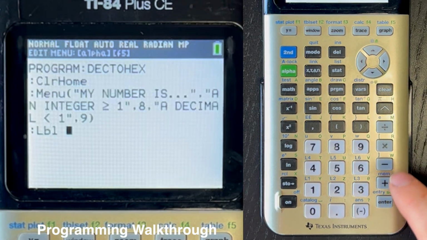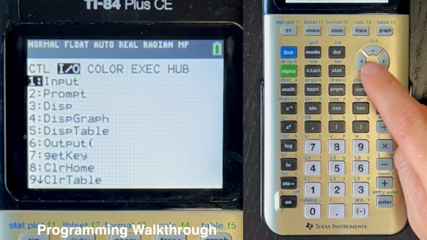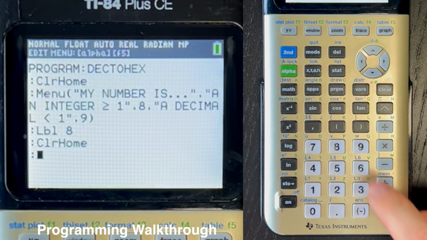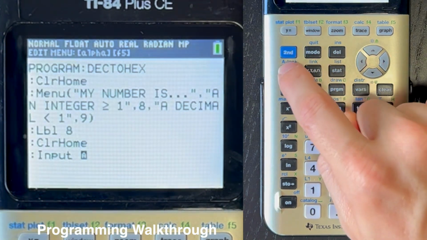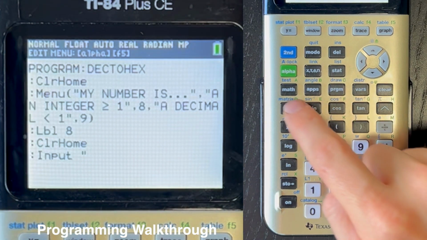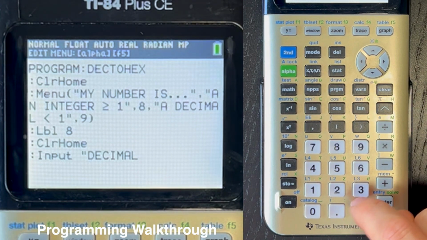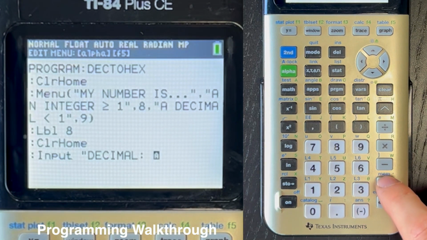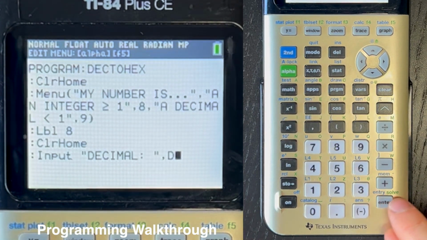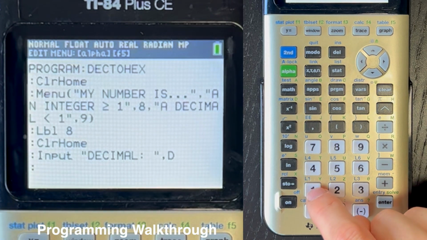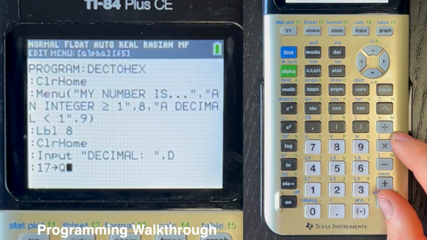and scroll down to label, hit enter, and this is label 8, hit enter, program, clear home, enter, program, input, second alpha, DECIMAL, colon space close parentheses, comma, alpha D, and then a new line, 17, store as Q, new line,